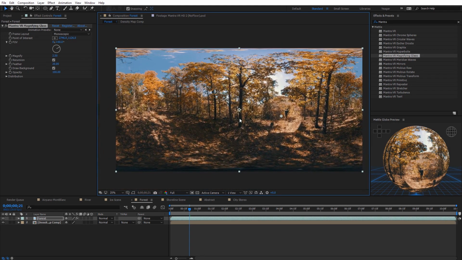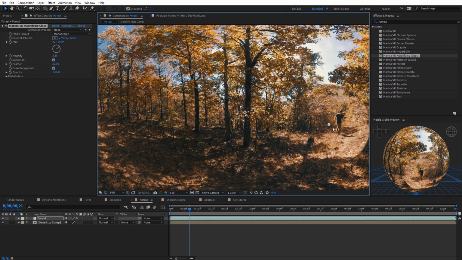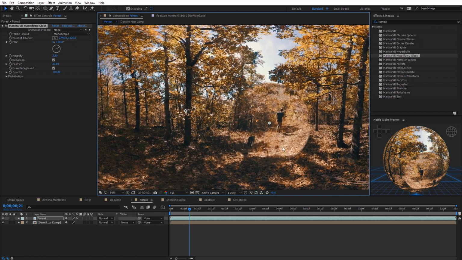Because 360 footage is so wide, you're essentially looking at the footage from a very wide-angle lens. It's hard to get close up and see fine details on things, especially right now, because a lot of players are limited with resolution to 4K. You're not going to see a lot of that closer detail, even if you're recording in 8K or even higher than that. So using the magnifying glass effect, we can zoom in here and look at some of these finer